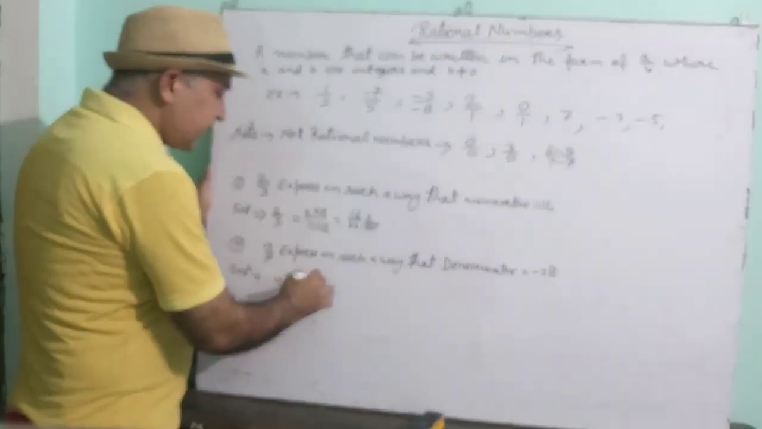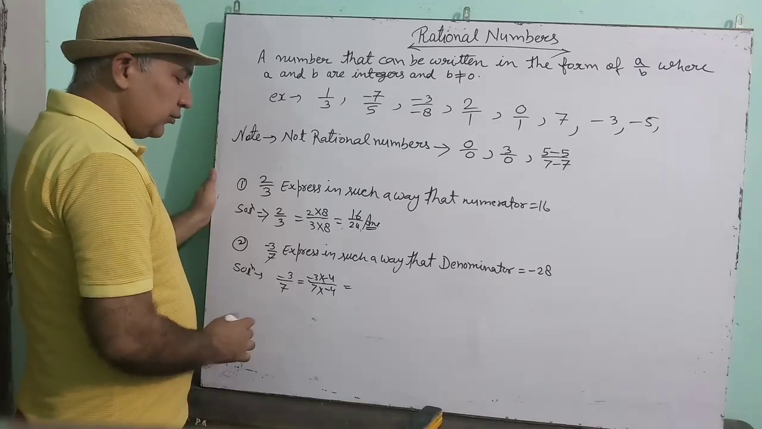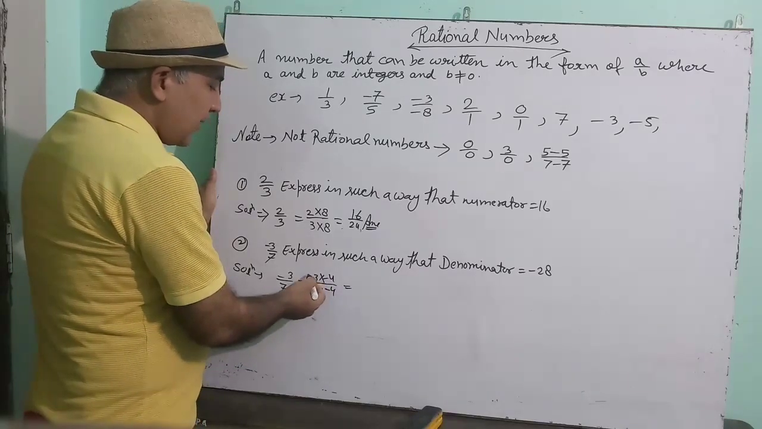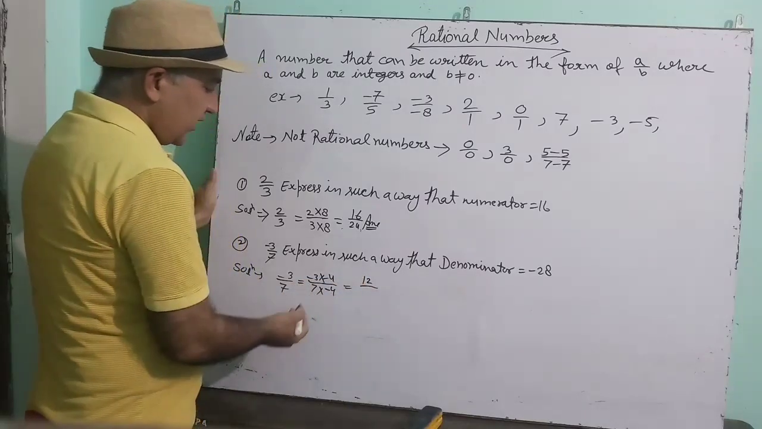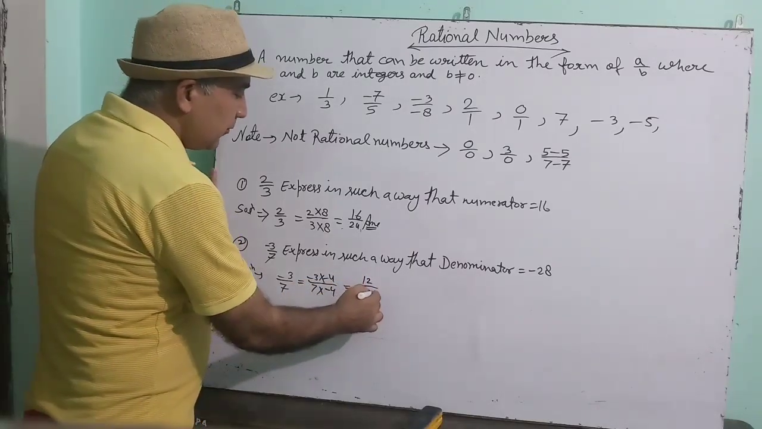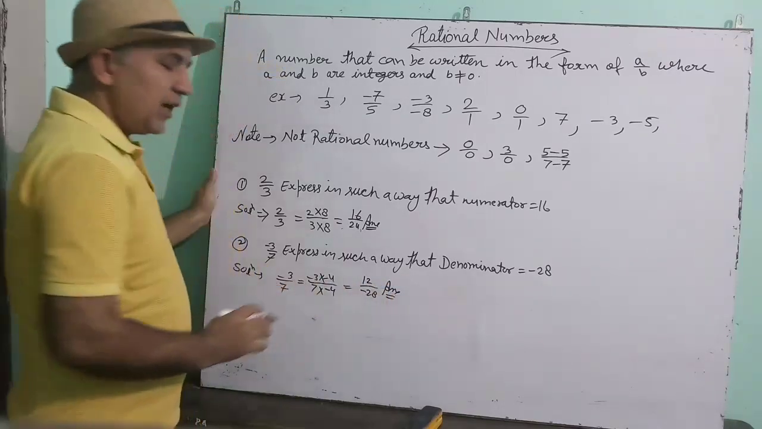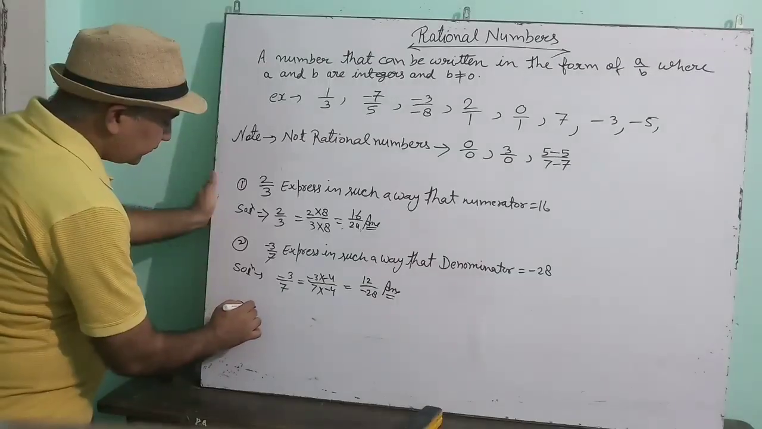So at the same time, numerator will also be multiplied by minus 4. Now multiply and get your answer. In the numerator, minus into minus becomes plus, 3 into 4 becomes 12. And in the denominator, minus 28. Understood? Now, the third question is,